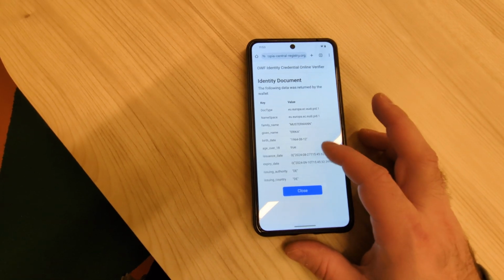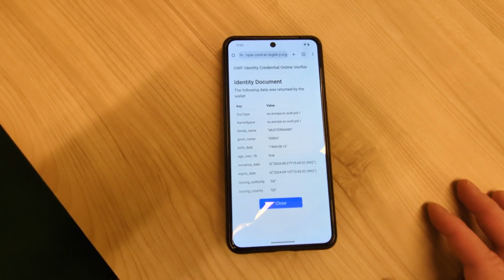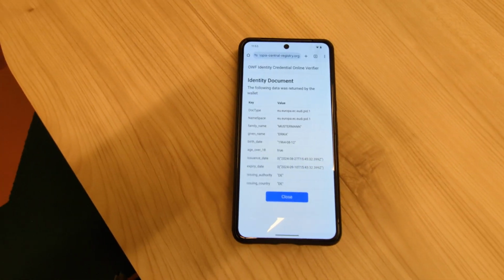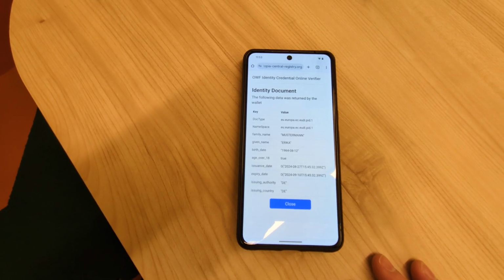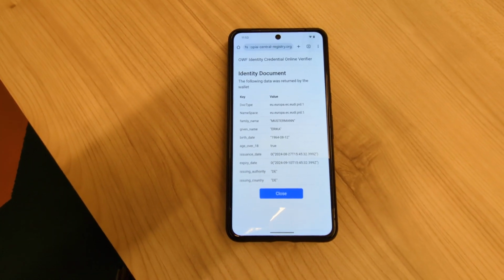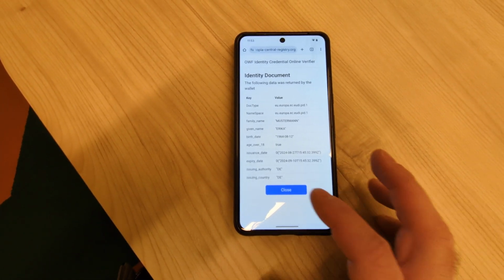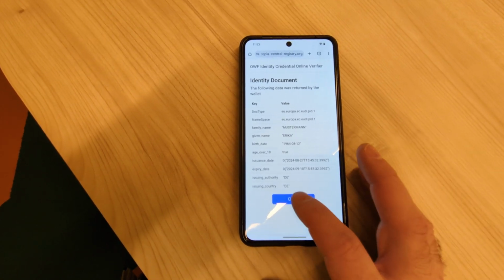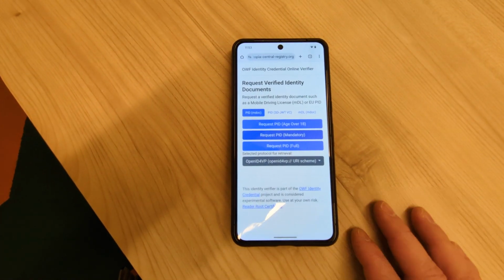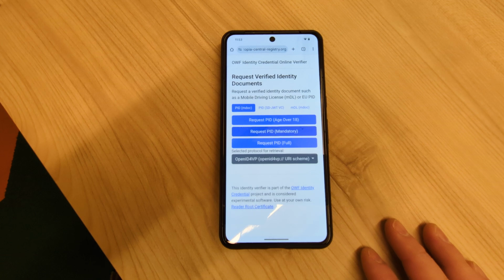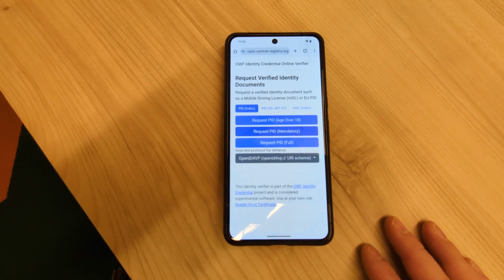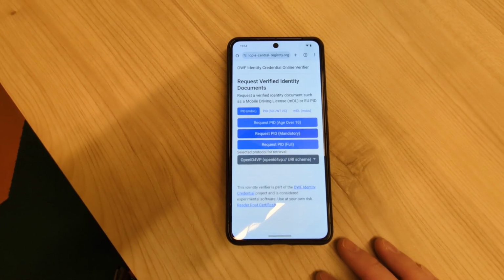And this opens a new tab in the browser because that's just how the protocol works. It's kind of a limitation. So the relying party has to be careful and actually close that window once they're done to return to wherever they came from. We don't have this limitation in the W3C Digital Credentials API by design,